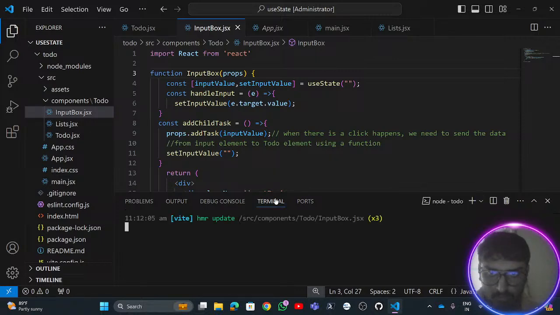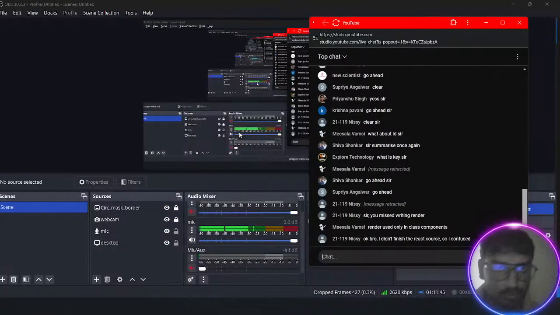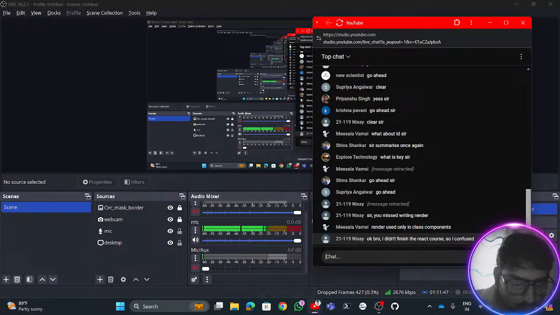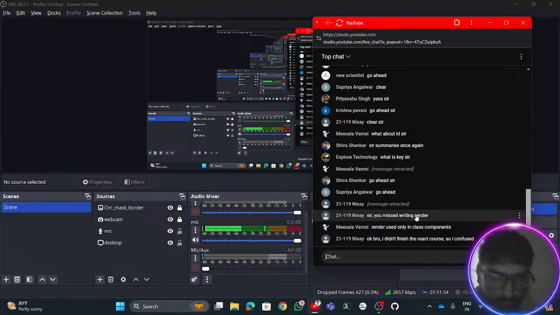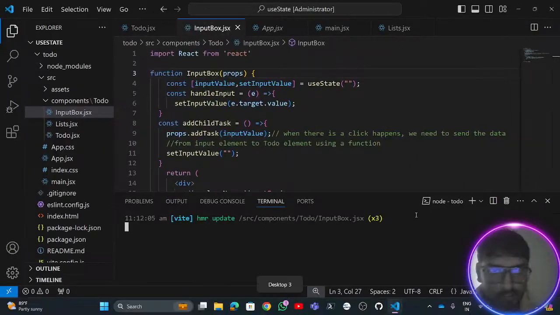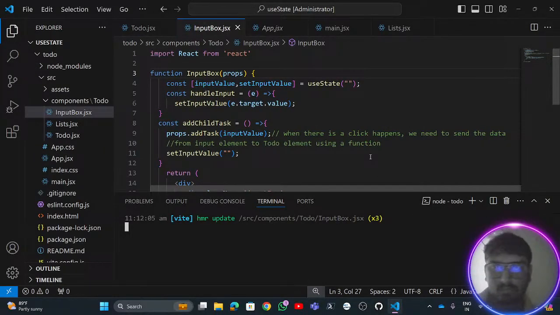Output is also fine. This terminal is also fine. Render is, I didn't. Okay. I think there might be a problem with my console itself. So yeah, any which way,